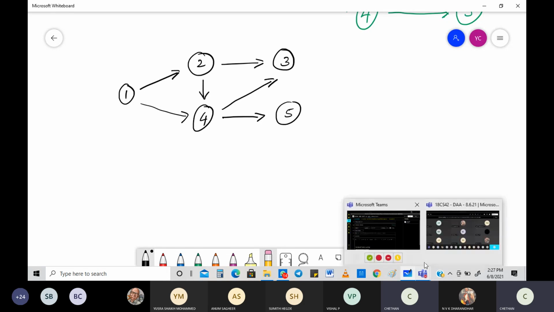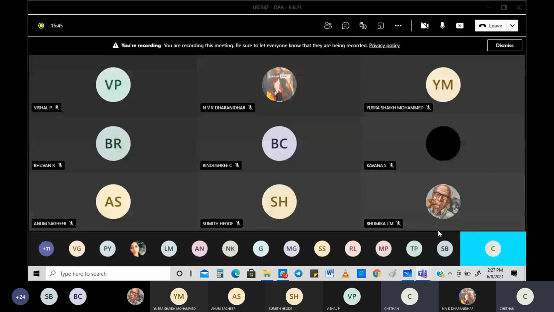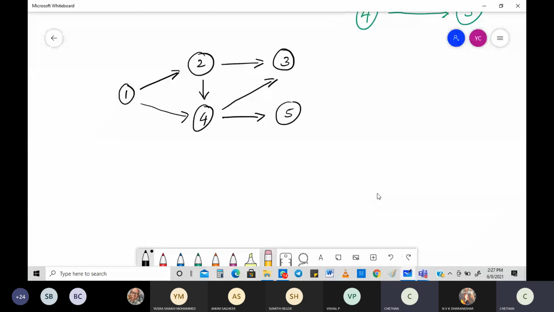Okay, first and foremost, you need to figure out the in degrees of each and everything. So I'll write the in degrees for it. Please look into it. What is the in degree of 0? You can see very clearly what is the in degree of 0. There's no edge coming through. There's no edge that is coming to 1. So the in degree of 1 is 0.